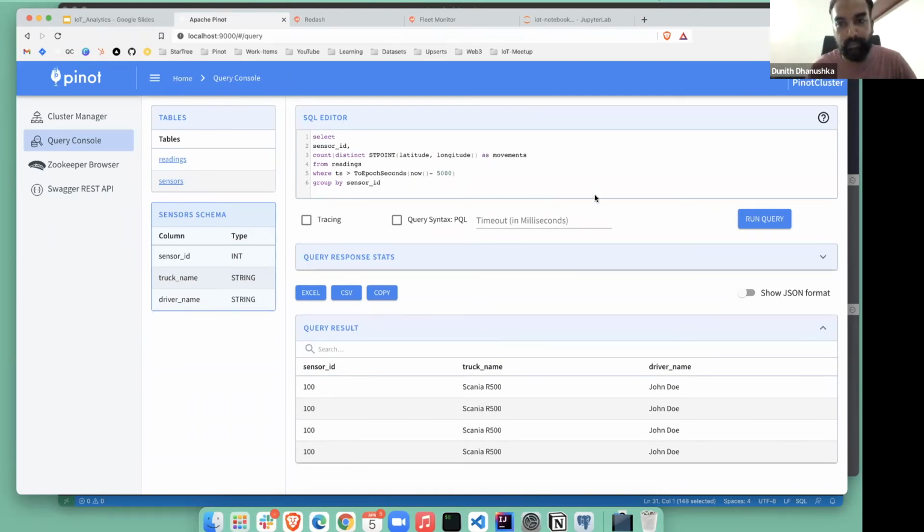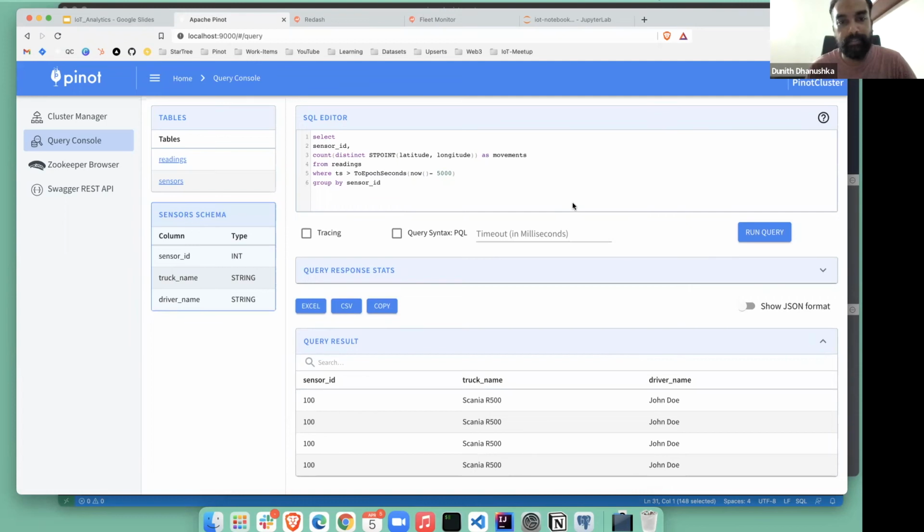Currently what I'm trying to see is the movements made by a particular vehicle during the last 5 seconds. If there is a constant amount of movements, what we can assume is this truck is not moving. So it must be stuck in traffic, or it must be idling. That kind of analysis you can use to trigger an idle alert, or some sort of thing.